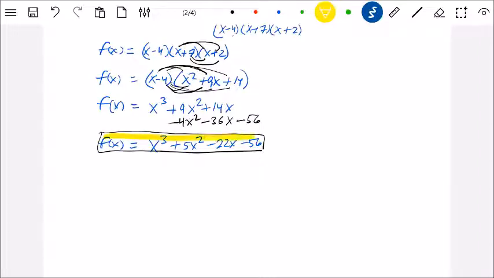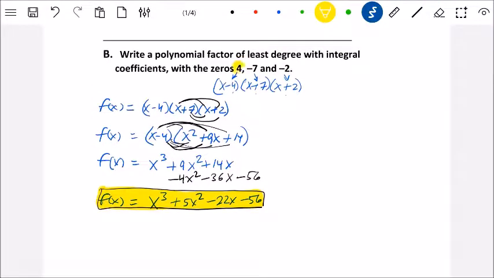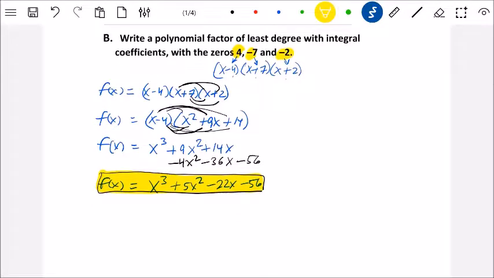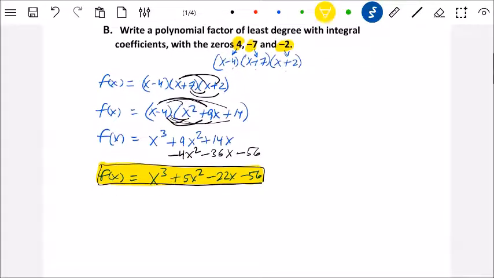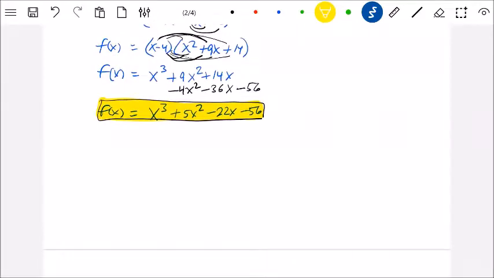There it is. This is the polynomial that results from these 3 zeros. If we now took this and factored it and broke it down, we would get x minus 4, x plus 7, and x plus 2. Now, okay, now let's go here to